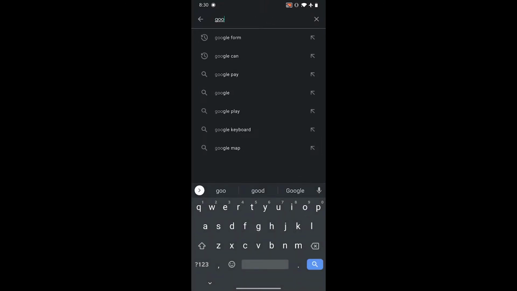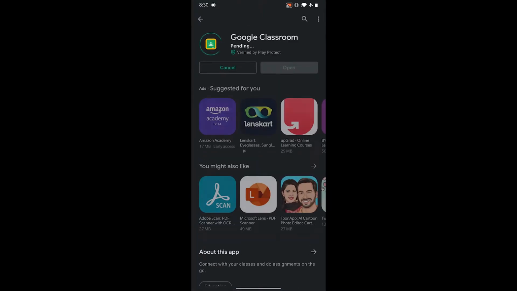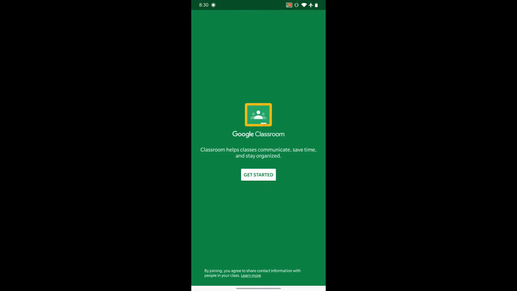First of all, let's download Google Classroom from the Play Store. Once it is downloaded, let's open it and get started.